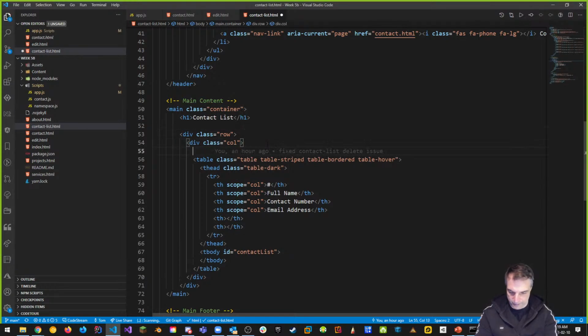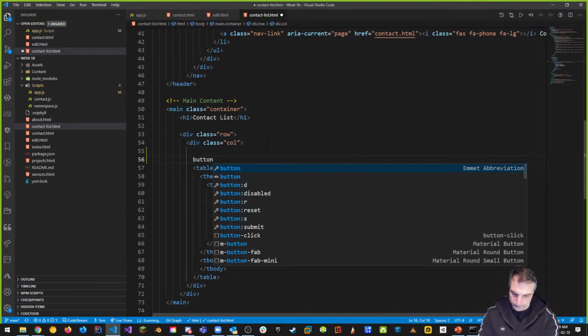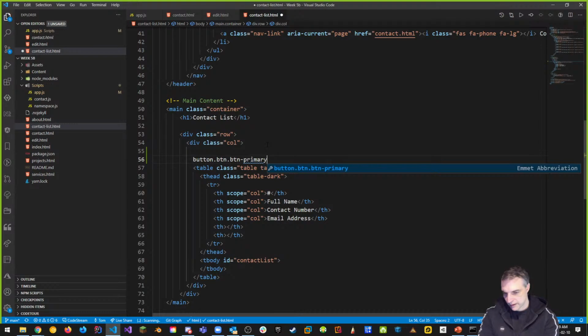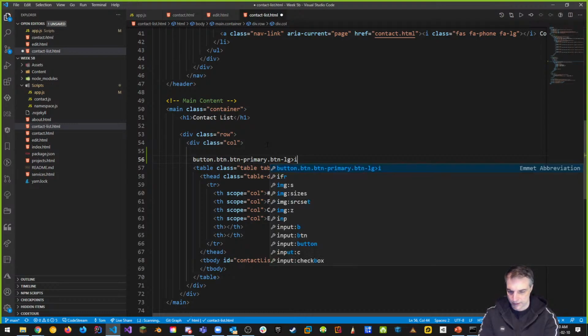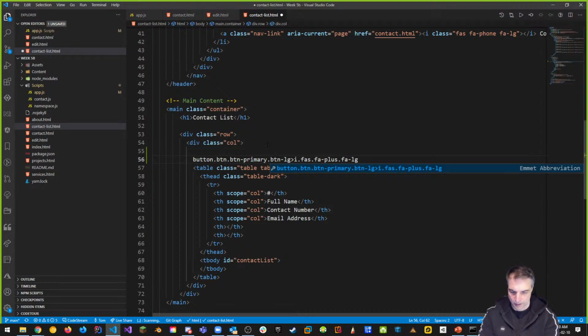I recommend that you put it just on top of the table. And we'll make it an add button. So we'll make it a button. And the class is going to be button dash primary, button dash large. And inside the button, what I want is an I tag of FAS and then FA dash plus, and then FA large. Let's see if that works. And I can actually add the value in here too. So if I put the value in quotations of add contact,